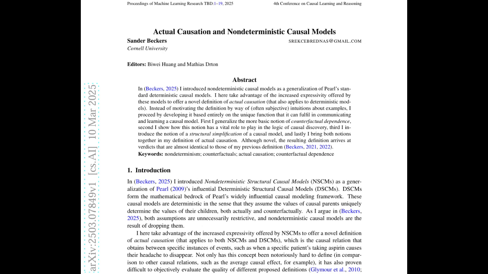Well, I think we've finally reached the bottom of this deep dive into actual causation. We've explored these non-deterministic models, we've talked about the power of counterfactual reasoning, and we've discovered how all of this can help us understand the world better and make more informed choices. It's been a really amazing journey, and I hope everyone listening has come away with a new appreciation for how complex causation really is and a better understanding of the tools we can use to navigate that complexity.